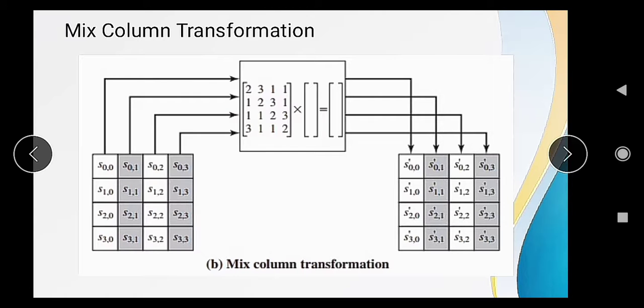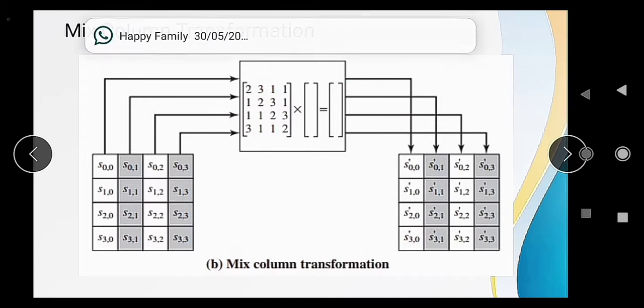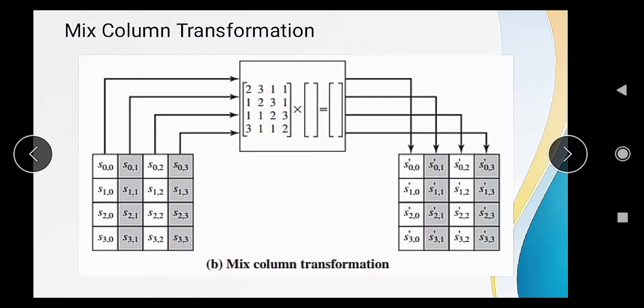Okay, this is one word. We will multiply the first word with this whole matrix, which means we'll multiply a 1 into 4 matrix with the 4 into 4 matrix. So we'll get again an output of a 1 into 4 matrix. That output will be stored here in the first column of the output matrix. Okay, so this is the process.